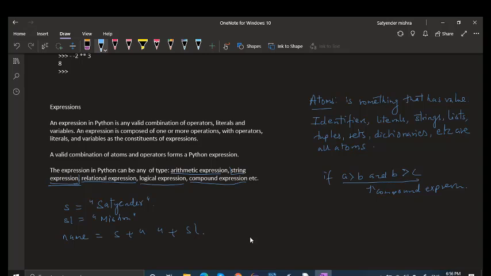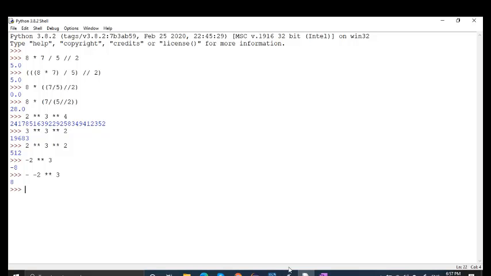So this name variable will contain Satyendra Mishra. So this is how it will work. If we write here, say for example, s1 is equal to my name, then if we write name is equal to s1 plus space plus s2, it will store the content.